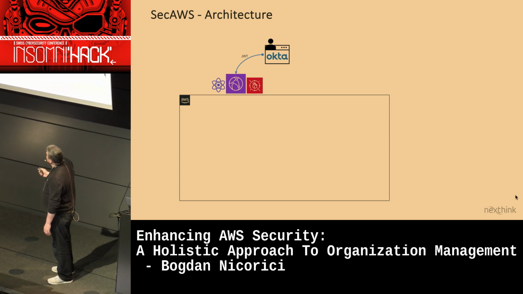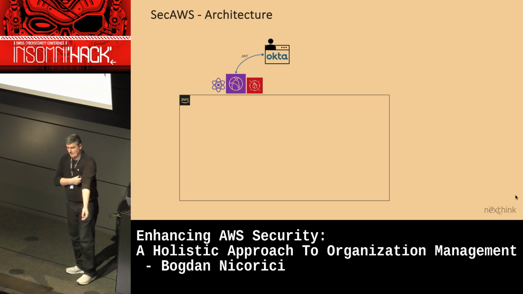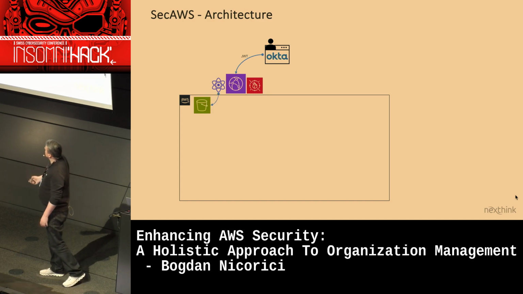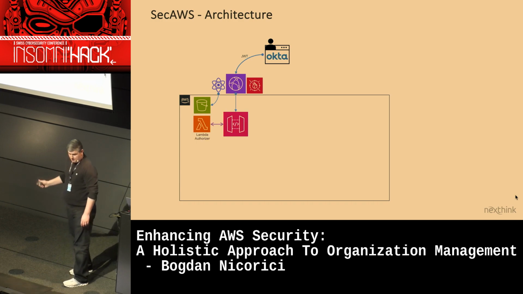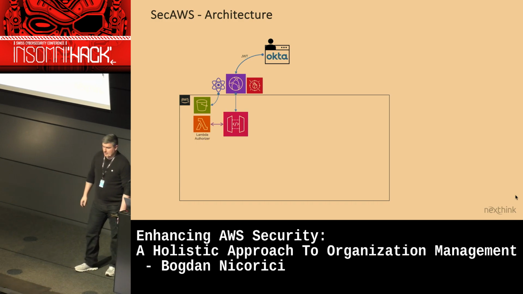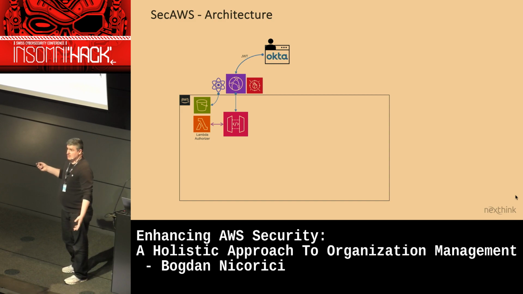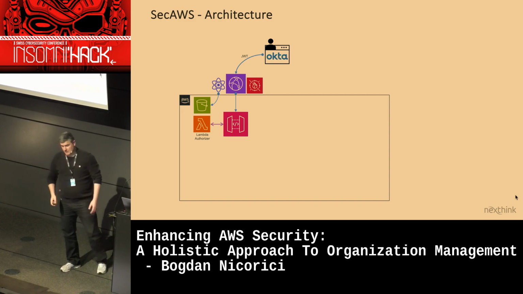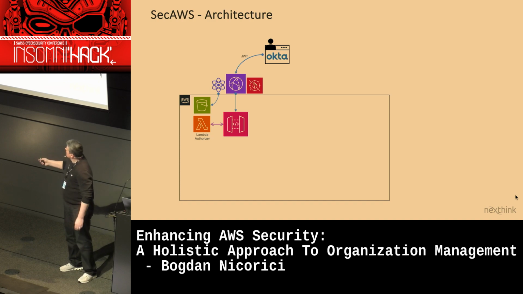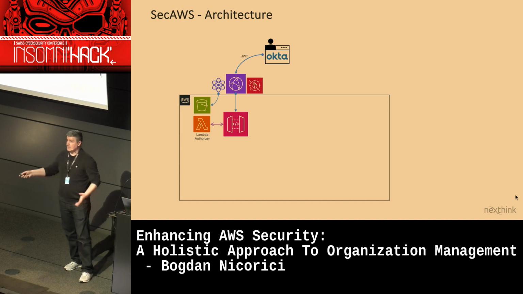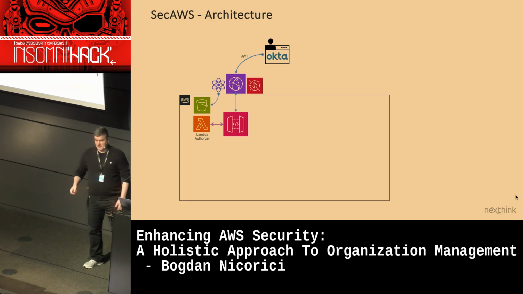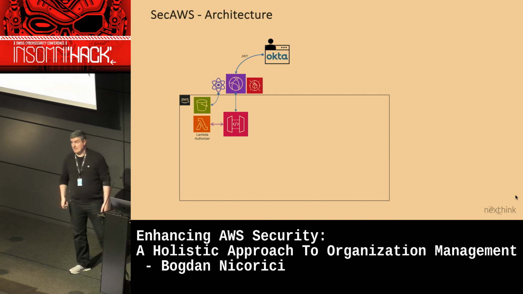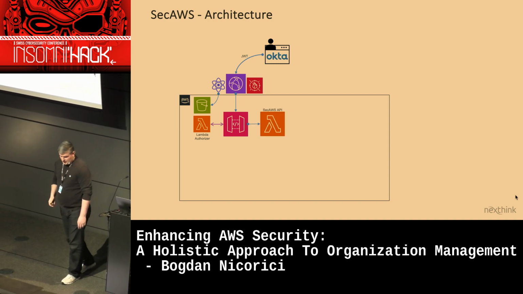You have the user, so we have Okta authentication again. You will have the CloudFront, which is basically serving static content from React.js. At this point, you have to be authenticated. You have to send the JWT token, otherwise it won't work. And even this has IP restrictions as well, again the always-on VPN. It goes through the API gateway, which will check if your token is valid, if it's not expired, and if you actually have access to make the request.